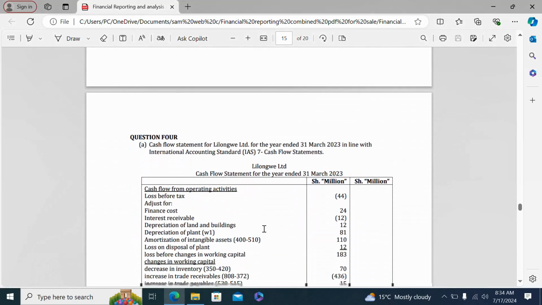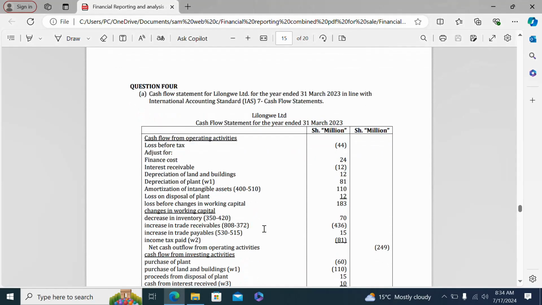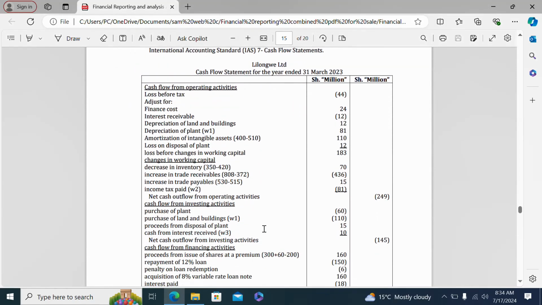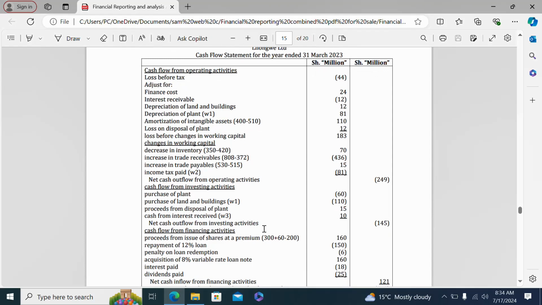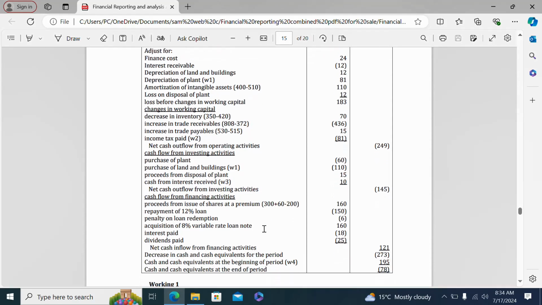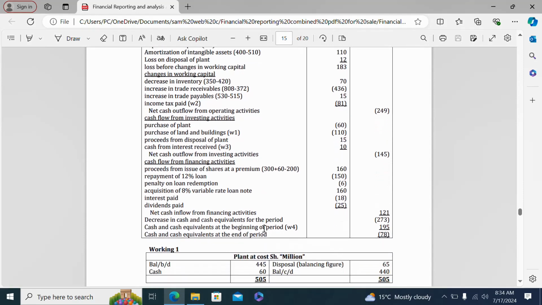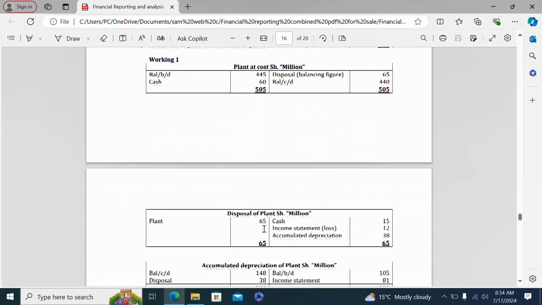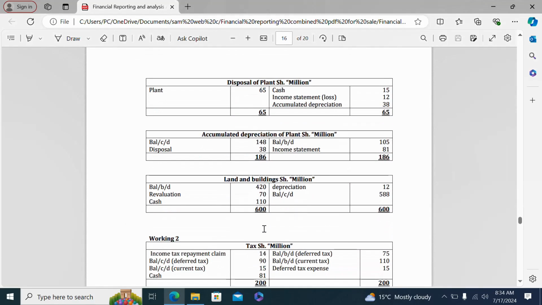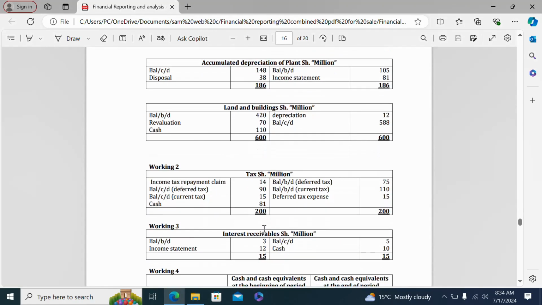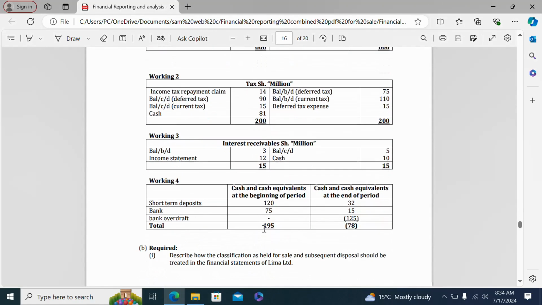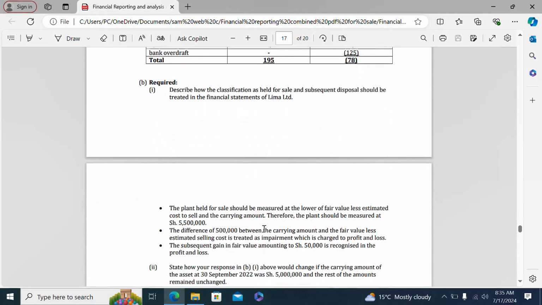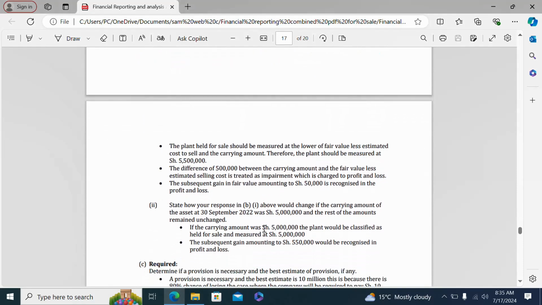Then we have question 4, the cash flow statement of Lilongwe Limited. Then we have working 1, working 2, working 3, up to working 4. Then we have part B,